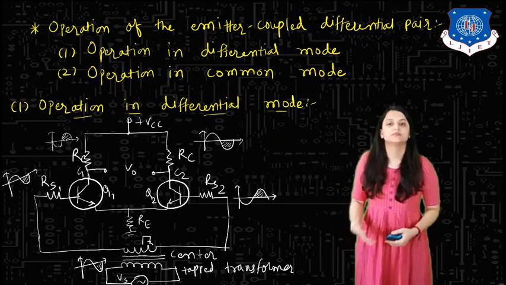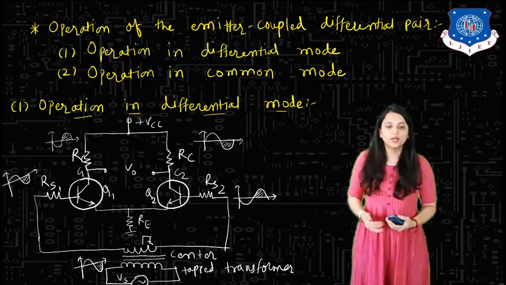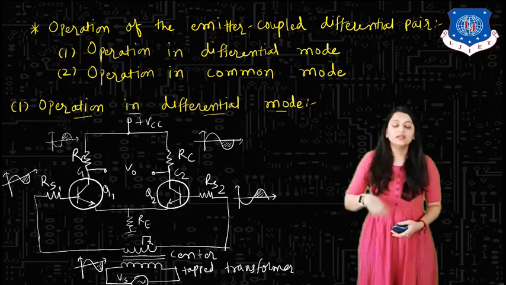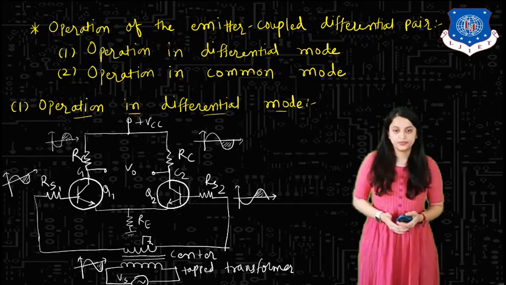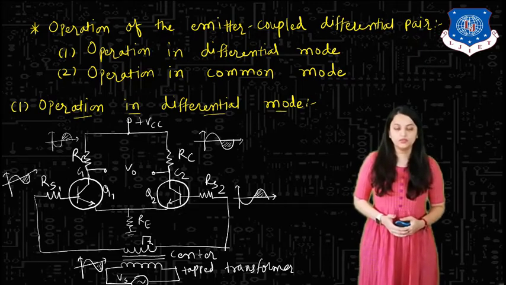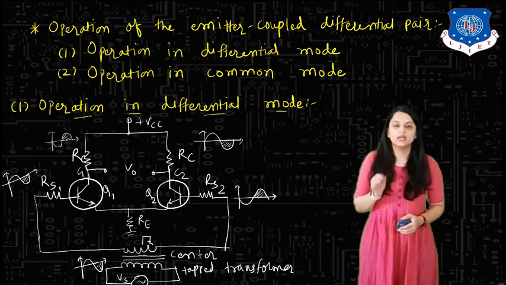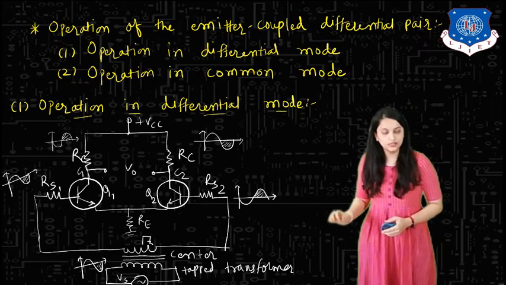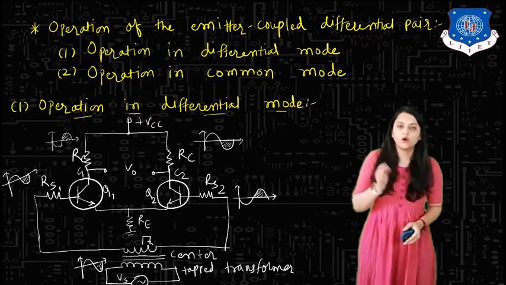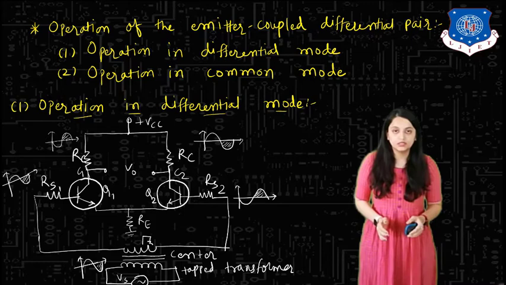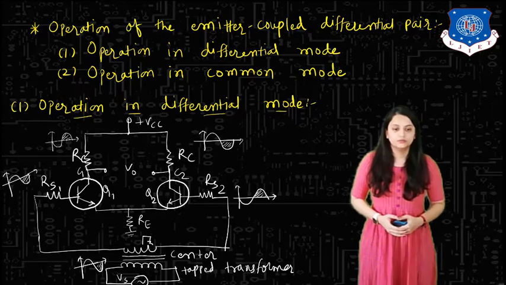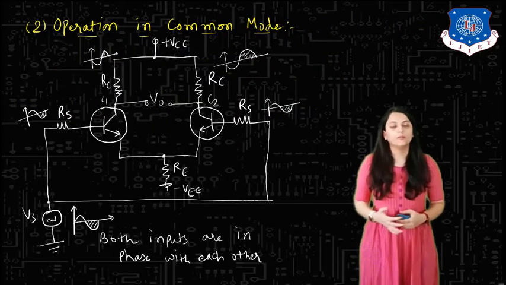That is a property of this emitter coupled differential amplifier. So if we look at the output terminals, that is the collector terminals, two exactly same and opposite in phase signals appear, which will cancel out each other, making the output of the differential mode 0. So remember that in ideal condition, the output of the differential mode of operation in the emitter coupled differential amplifier is 0 because of the equal magnitude and opposite phase signals appearing at the collector terminals or the output terminals of these transistors.